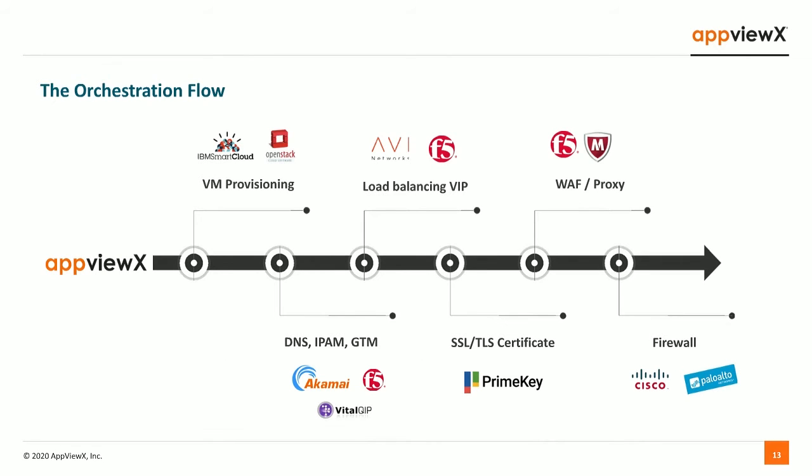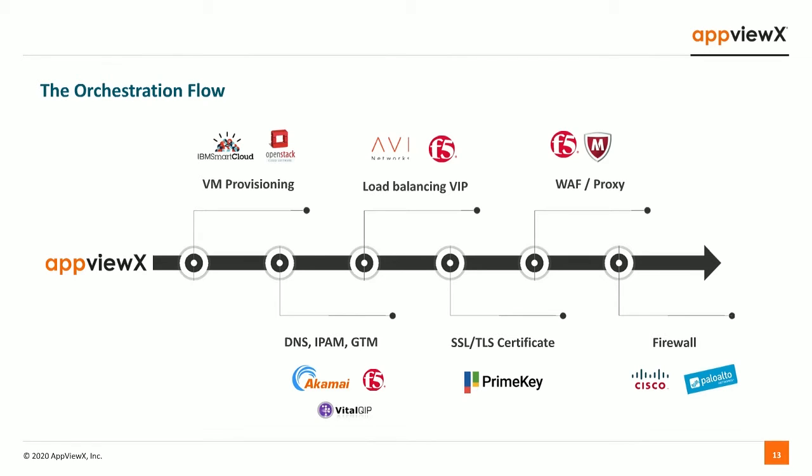So a use case that one of the customers is using is where AppViewX basically spins up a VM, whether it is in the cloud or OpenStack or any of those environments. It doesn't matter. It creates a DNS entry, if it's external in Akamai DNS, or in QIP. Basically it creates a CNAME pointing to a GTM, which has a wide IP, which load balances across two data